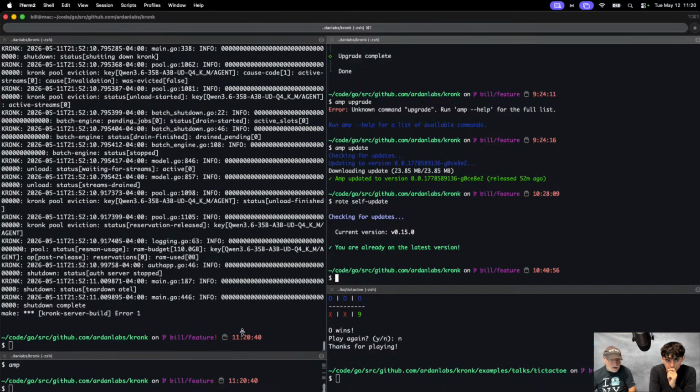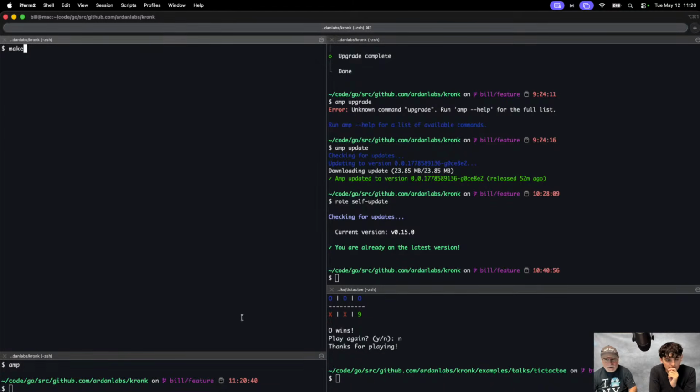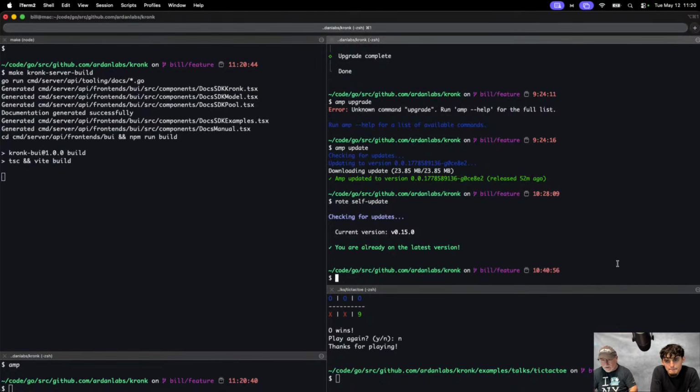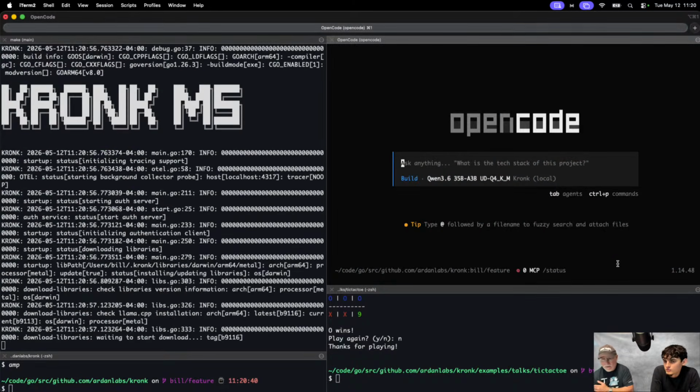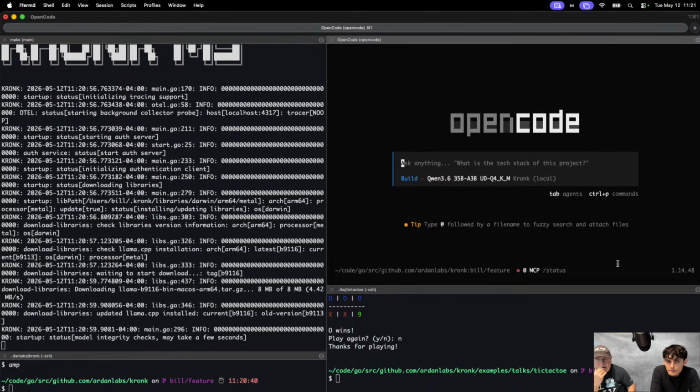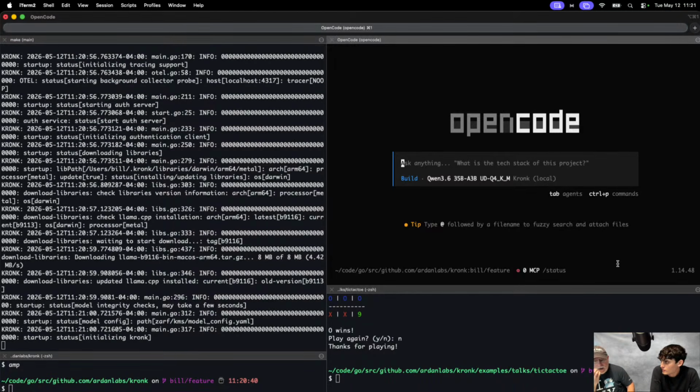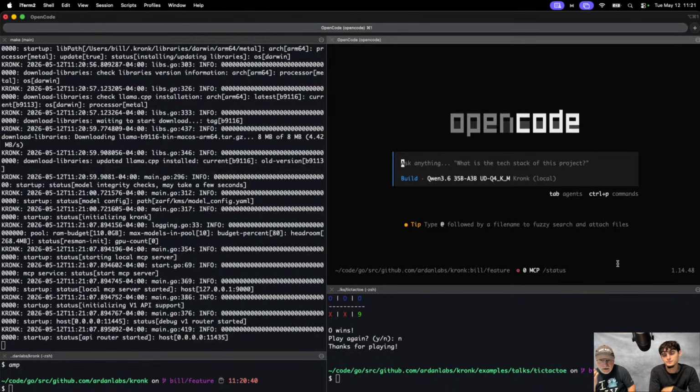You've seen me doing this all the time, right? Make cronk. I'm going to start a cronk server, right? Then I'm going to start my open code. And open code is talking to cronk, and I can get open code to do things for me as a coding agent. But the value of your coding agent, from my experience, playing with Pi and Goose and Kilo and Klein, and open code keeps winning for me over and over again.